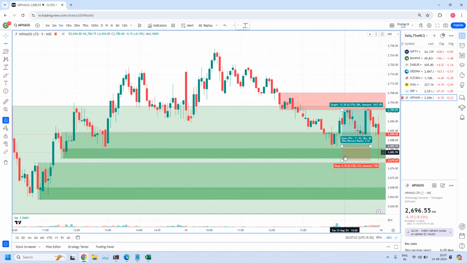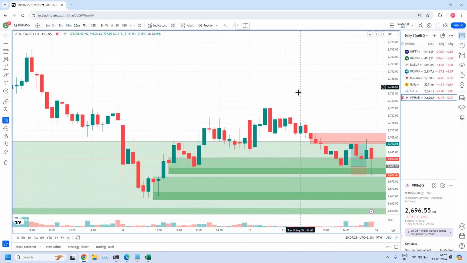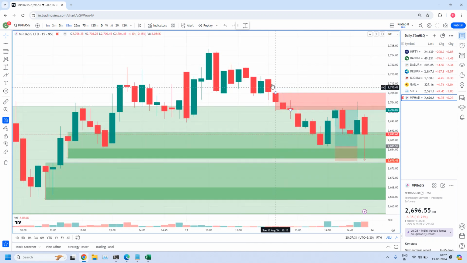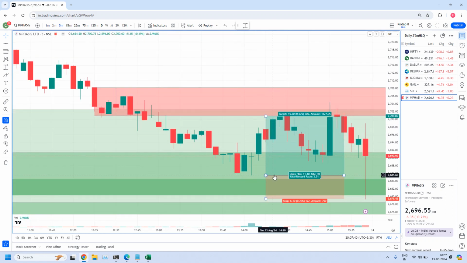So with this entry buffer and stop buffer both together, we have a 15 minutes target zone. Here we have a drop, we have 3 base candles and again we have a drop. This is the 15 minutes target. This is the way if you want to plan a trade with this entry buffer. See, entry buffer is added. Even then, you are getting only 2.5 RR. You are not getting 1:3 RR. You are getting 1:2.5 RR.